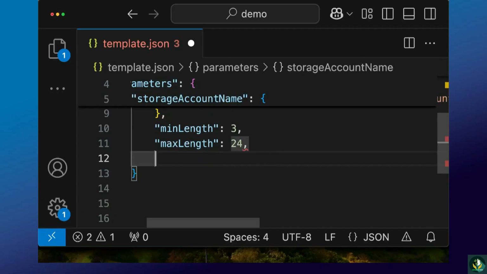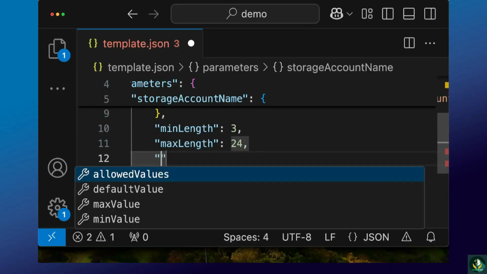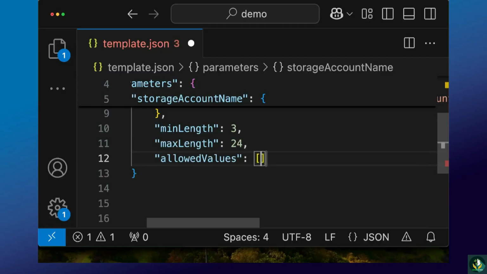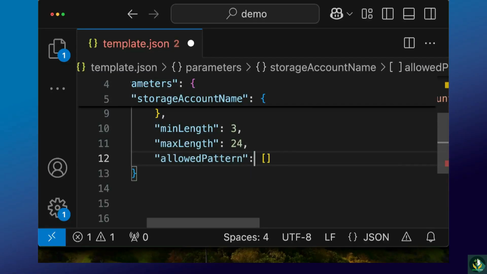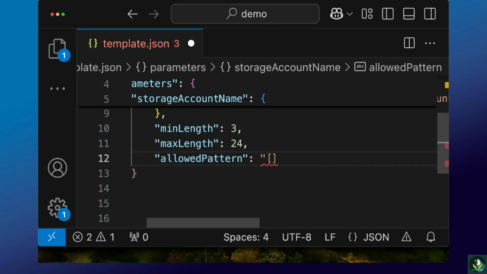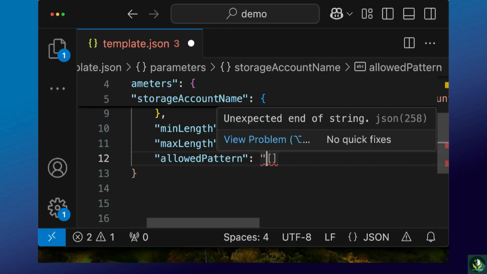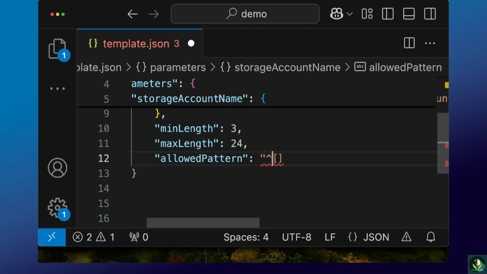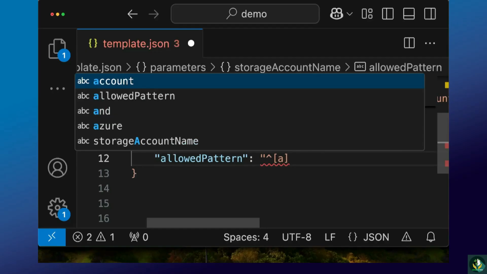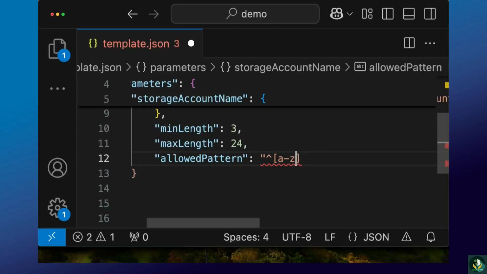And we'll also add the lowercase requirement, actually not allowed values but pattern, and here we'll provide the pattern in double quotes and use a regular expression here. We'll insert the caret and then in square brackets from lowercase a to z and from 0 to 9, plus